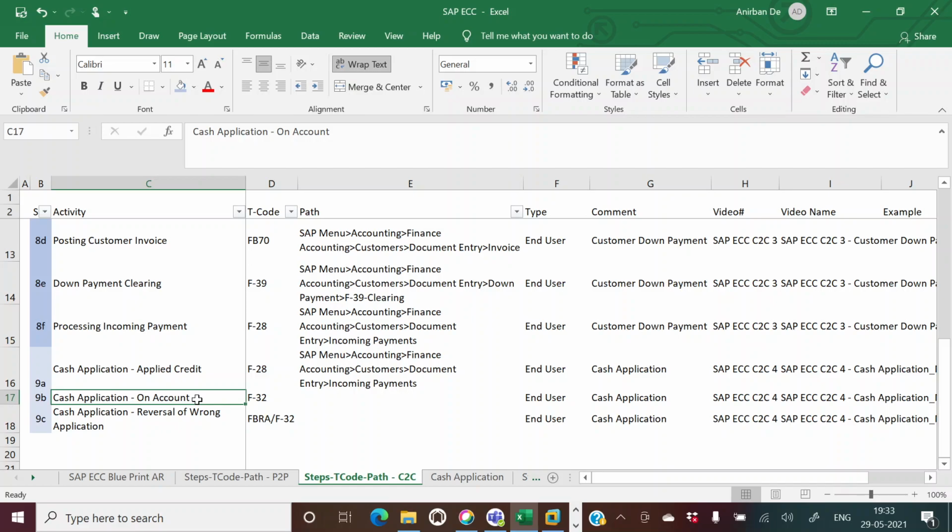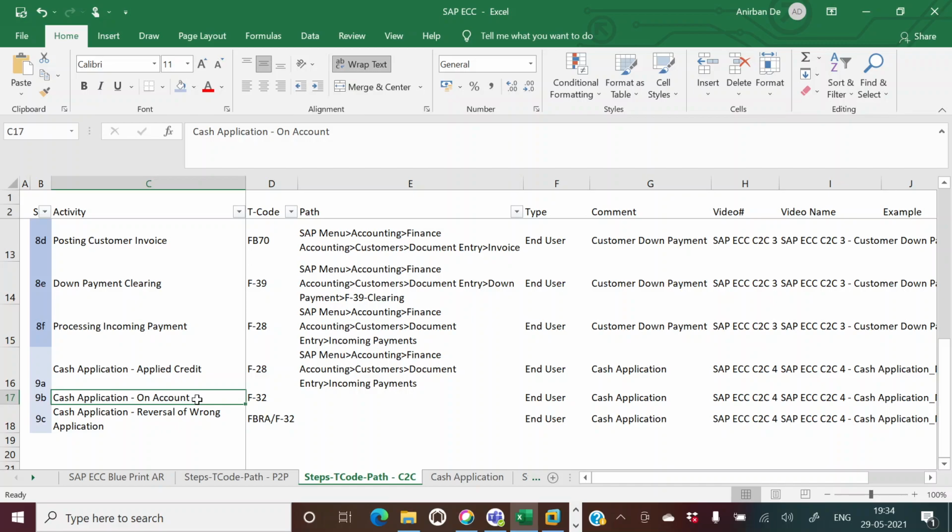Now, suppose there could be a confusion that two line items are of the same value, and the payment is also of the same value. It is not clear from the remittance advice which invoice to set off with the payment received. So what we can do is an on account posting, keep it aside, and reach out to the customer to get more details and find out which invoice to set off with, and then we set it off, right?